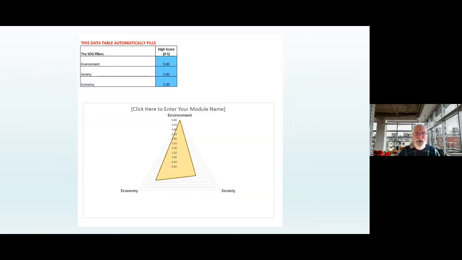So then the next thing it also does is look at pillars, taking that same data table and crunching it down to see if you hit those multiple pillars of the SDGs. In this case, the way I teach environmental sciences, it has to, but again, this doesn't mean more is better. It may be just a focused class that really hits societal, but there is, again, the more you can bring out the interlinkages of the impacts of society on economy or on environment,